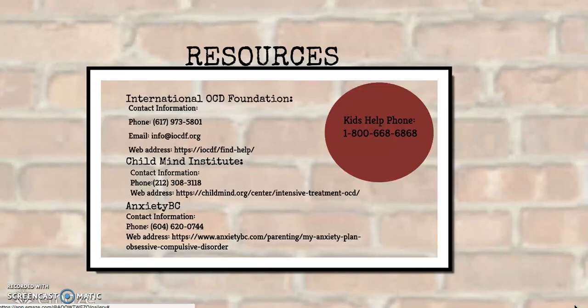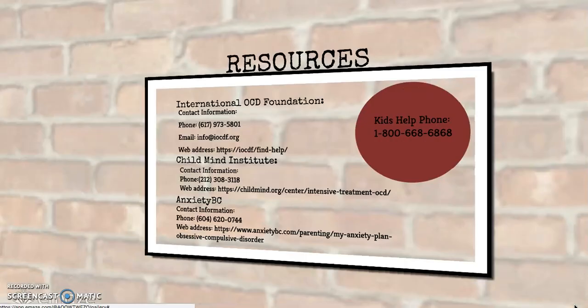Anxiety BC is also a great resource. It is a small charity that helps those that struggle with anxiety to provide self-help. They have what they refer to as a map that guides the parents on the best techniques to understanding and helping their child at home. Their contact page shares even more resources that can be helpful for a parent that has a child with OCD. They even have a kids help phone line for ages 5 to 20 that is available 24 hours a day, allowing them to speak to a professional counselor. It's free, confidential, and anonymous.